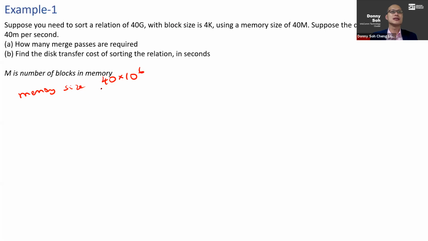I'm going to use the cheaper method to do it. So I can just do equals to 10 times 10 to the power of 6, equals to 10 to the power of 7. So this is the number of blocks that is